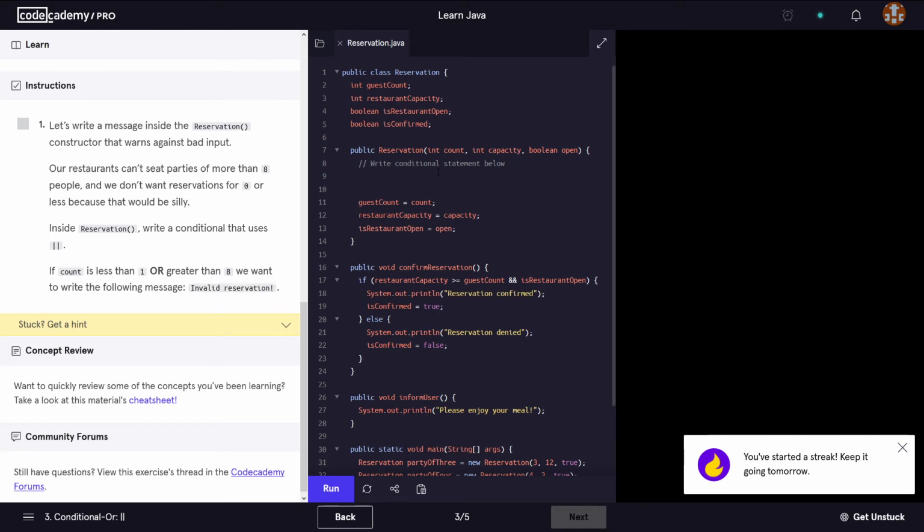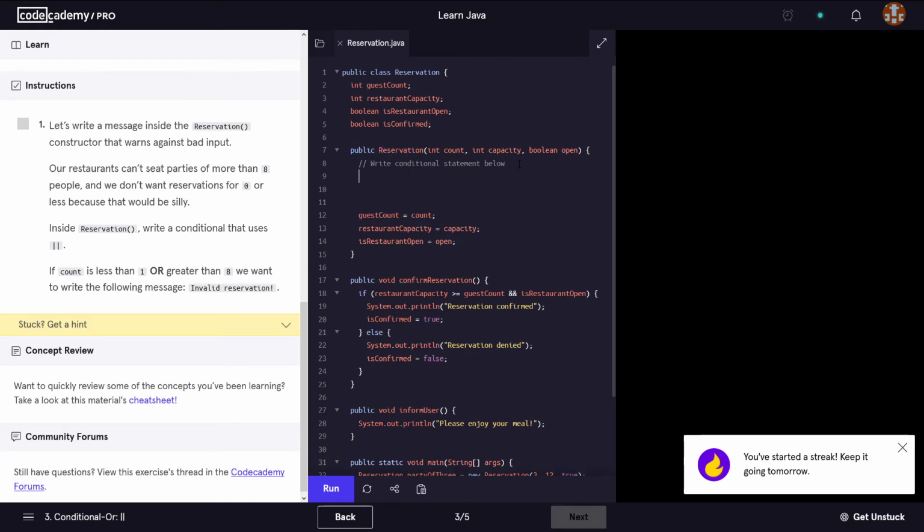So we need to go to the reservation here. This is our constructor, and we have to make use of the OR operator. And it says if count is less than 1 or count is greater than 8,